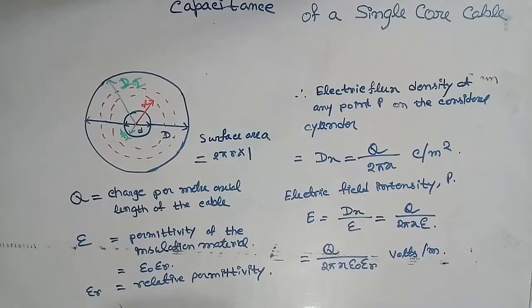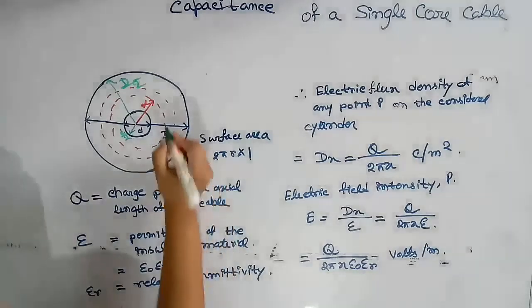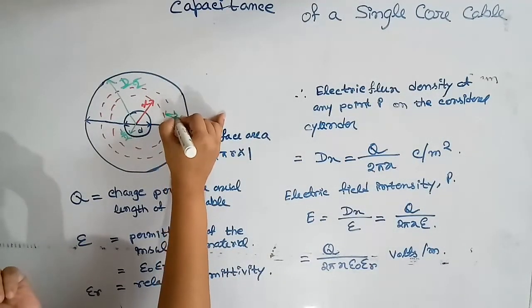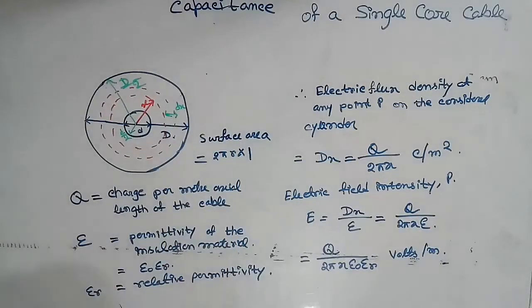Now the work done in moving a positive charge from point P through a distance dx, in the direction of electric field, is Ex into dx. Now the work done in moving a positive charge from conductor to sheath, which is